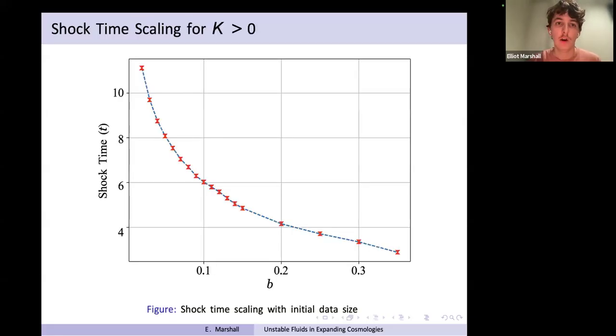Okay, and just to finish off with these K greater than 0 fluids, I mentioned that we can sort of approximate when a shock first forms. So here I'm plotting the shock time. So this is the first time I think a shock is formed in my solution based on some sort of norm quantity. And what we see is it scales roughly exponentially with the size of my perturbation. So if I take a larger perturbation, the shock forms quicker, which is sort of heuristically what you'd expect. Now the question is, why does it have this particular sort of exponential scaling?